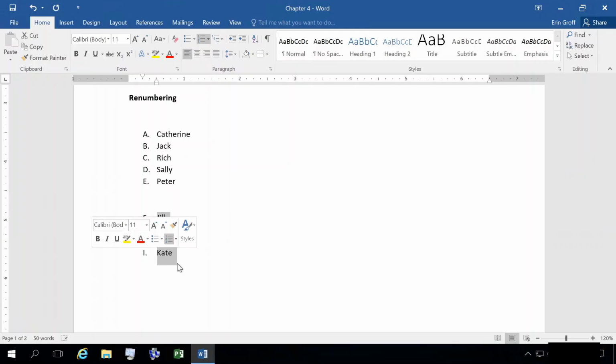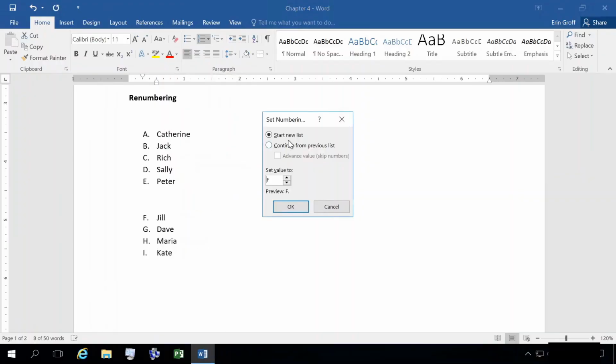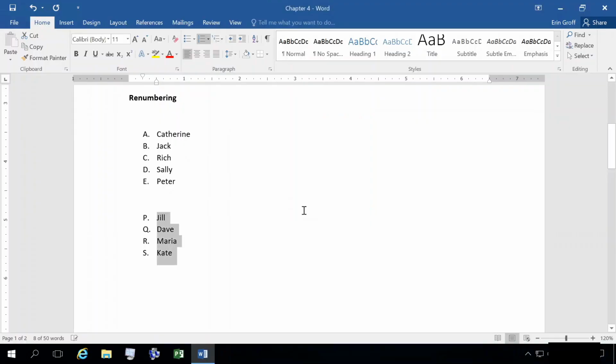But in that instance, we could select it, and you can set the numbering value. I could pretty much start at anything if I wanted to. I could continue from the previous list. I could start a new list. I could start at letter P if I wanted to. Click OK. All right, so just because it automatically numbers or letters something for your list doesn't mean